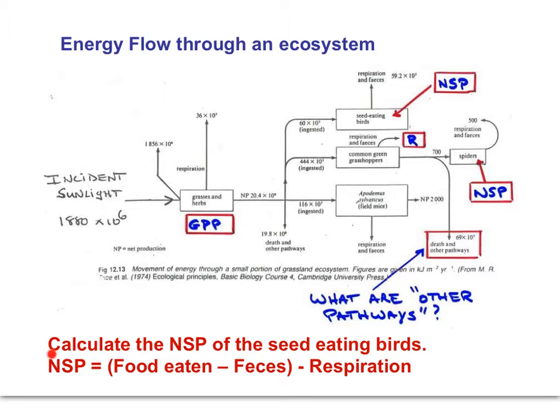It's the energy available after respiratory losses, energy available to the next trophic level up. The calculation of the NSP of the seed-eating birds goes as follows. We subtract the quantity of respiration and feces from the quantity of food ingested by the birds, and we get a value of 0.8 times 10 to the 3rd kilojoules per meter square per year. Now, we might be able to calculate the GSP of the seed-eating birds, depending on how the information is provided in the diagram. In this case, because respiration and feces are bundled together in a single value, we cannot calculate GSP